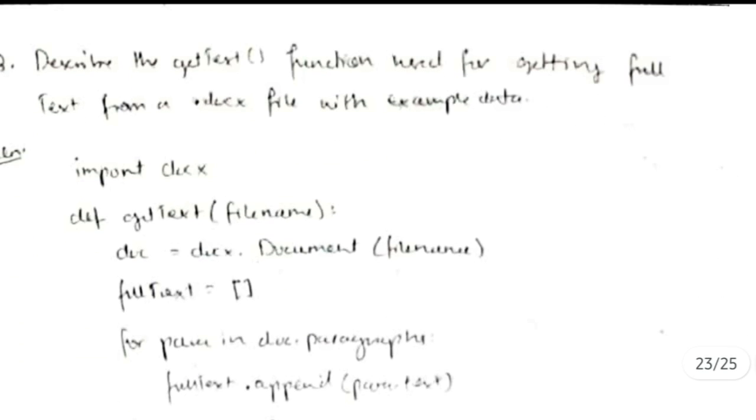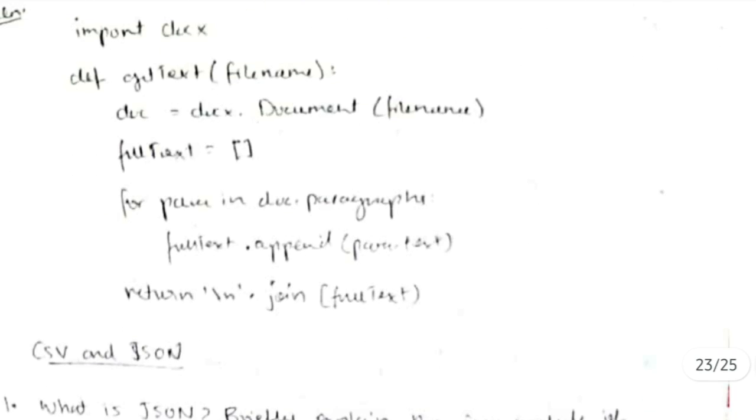And the third one is about the docs module. In the docs module, you have to import docs, and after that you will define a function. That function is to get the text from the document. So you will define a function, and the file name will be passed, whichever document we have